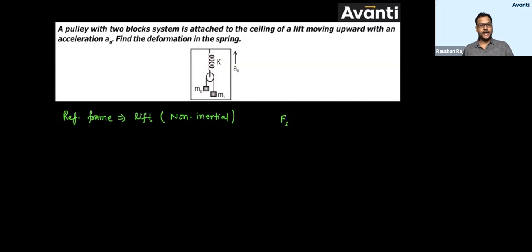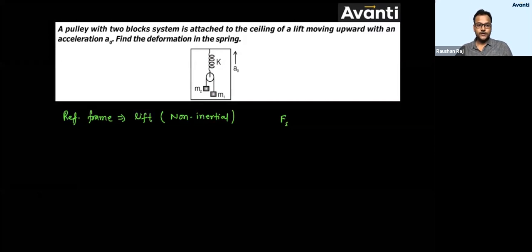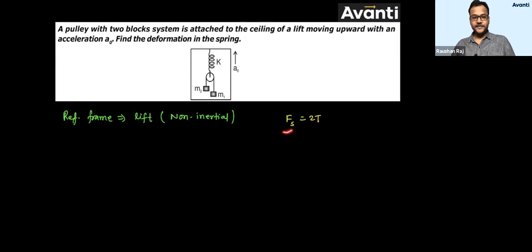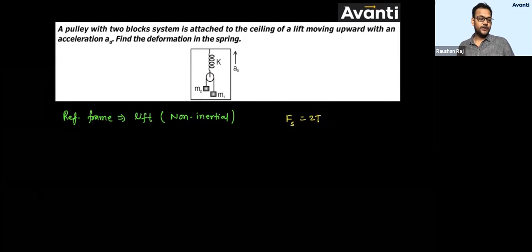Very good, Tarak brother. That we have already studied, right? We already did that in the pulley case. So I am expecting that you won't be committing any mistake in this, and you can simply write Fs will be equal to 2T. This is the first equation. So in fact, to get the value of Fs, you need to get the value of T here. Okay? So find out the answer. I have already given you a small hint.